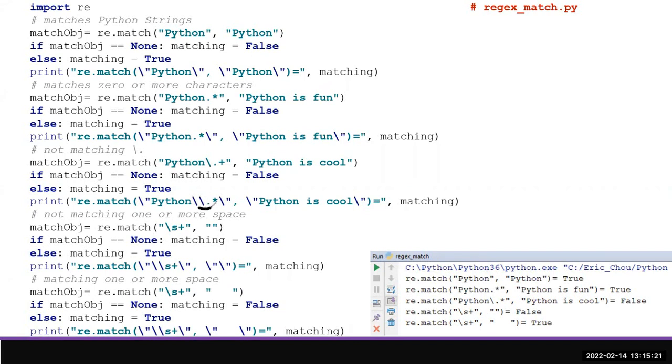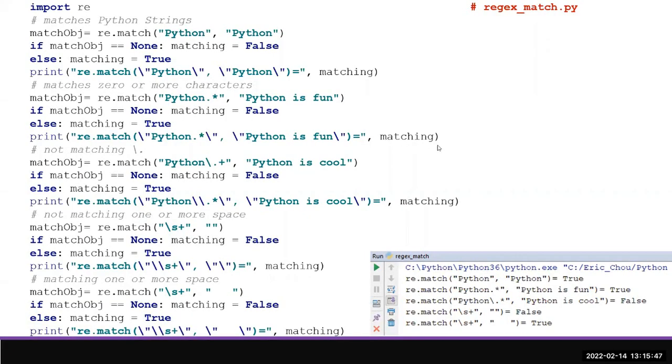So single slash, dot and star, it is false, okay. Next one, we have space, okay. Space one or more is false. One or more spaces, this one is true. Okay, so this one uses